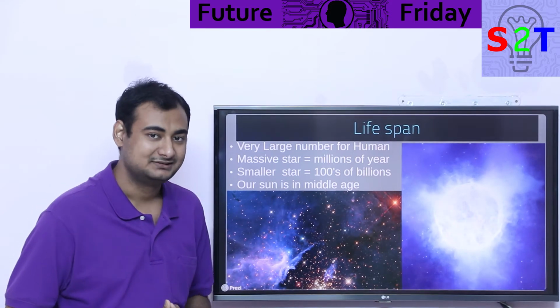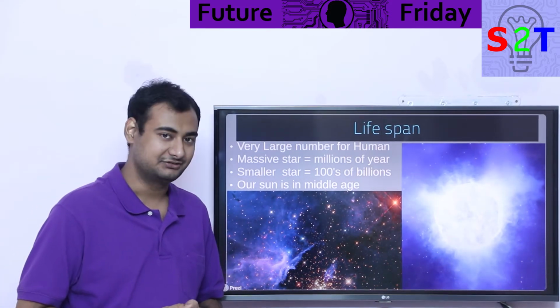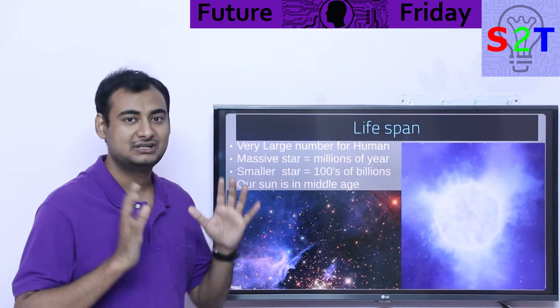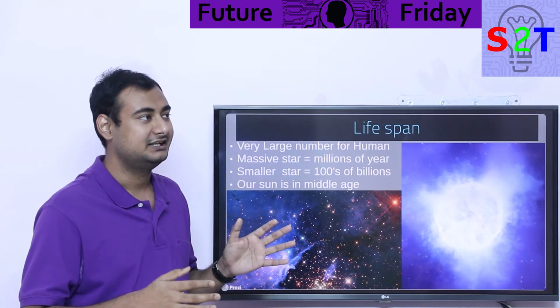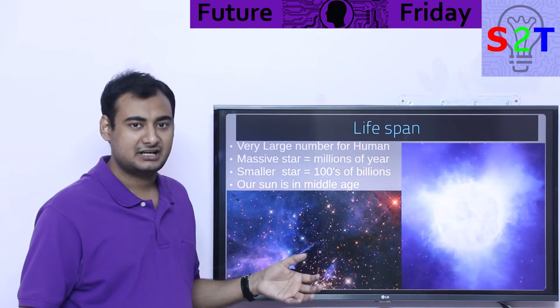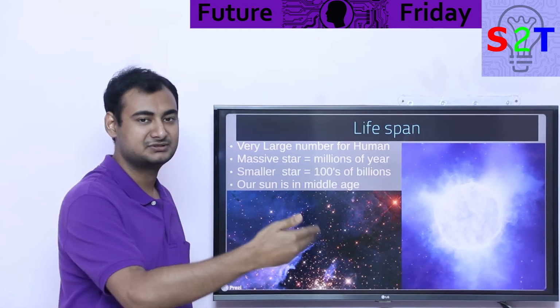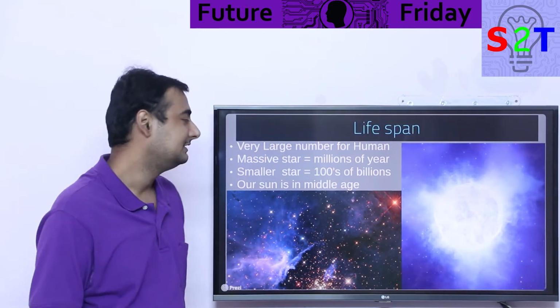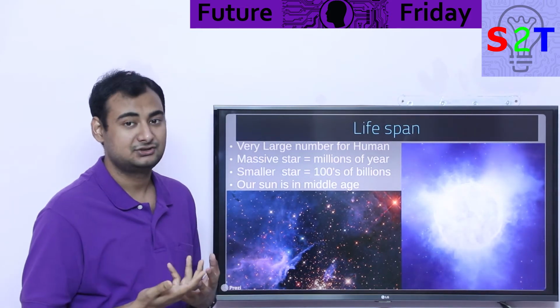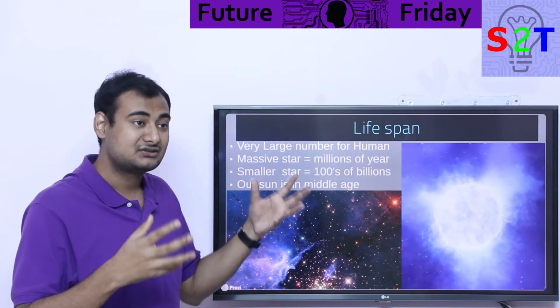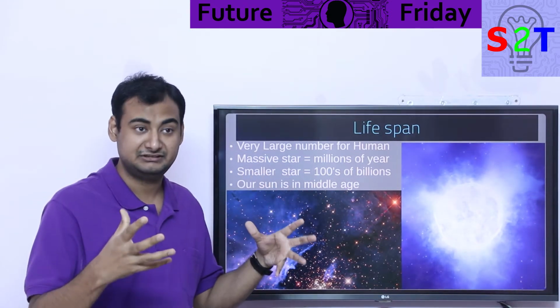So what about the lifespan? Now this is the part which is very difficult to understand, because the numbers are ludicrously huge, so huge the human brain cannot comprehend them. If I say 2 people die, you can understand. If I say 2 million, your brain will simply reject it. Like there is a filter. Once the number becomes too huge, your brain is like, I can't handle this. So massive stars have a very short lifespan. Yes, short lifespan means millions of years. I'm like, what the hell? And millions of years is so large, even in terms of planets.